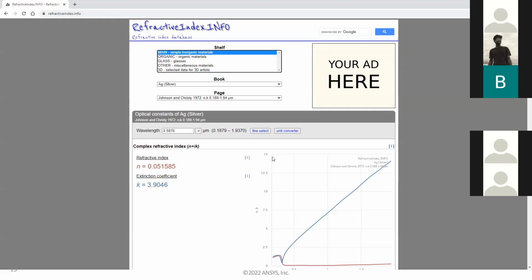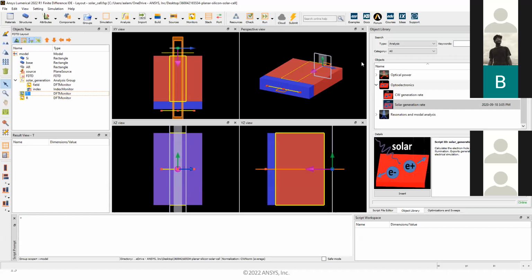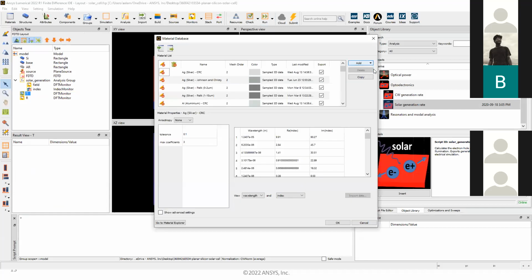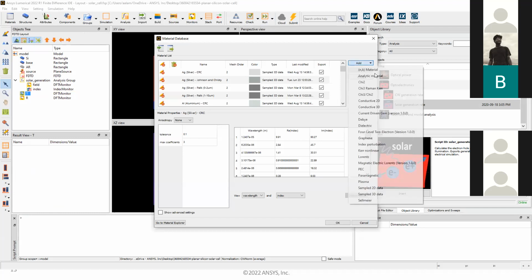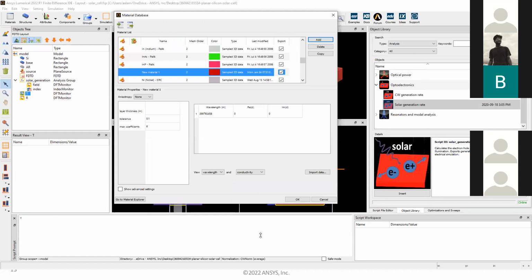And once you have the index data, I'll just go back here. You can easily add a material model here. We have a material model called sample data. And what you can do here is simply load the refractive index data. Oops, sorry, not 2D, but 3D.